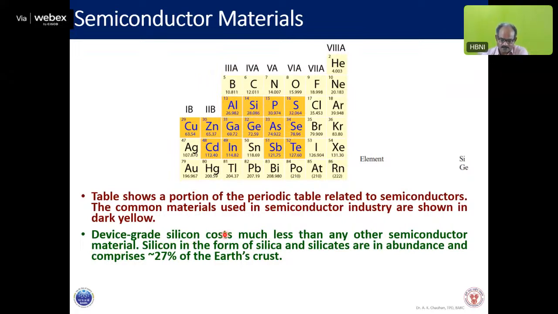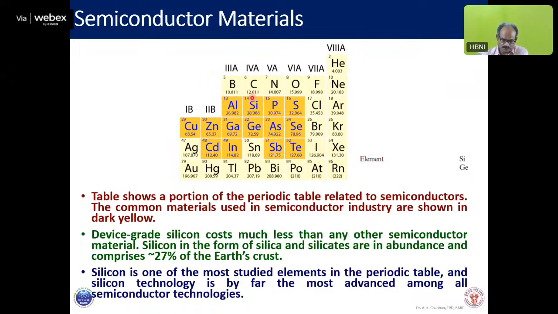Device grade silicon costs much less than any other semiconductor material. Silicon is made from silica, and silicates are in abundance, comprising nearly 27.7% of the Earth's crust. So silicon can be very easily produced